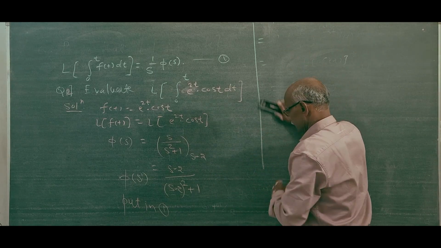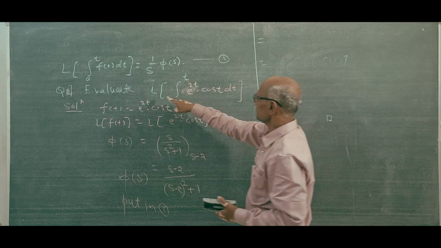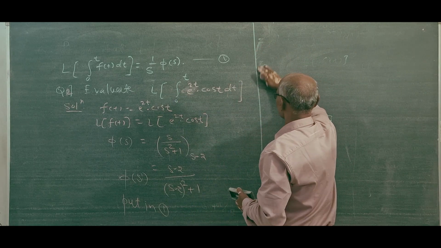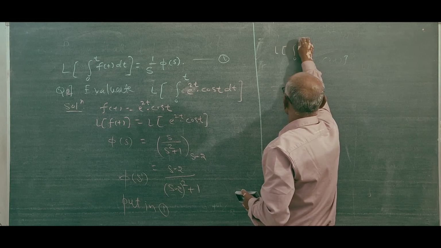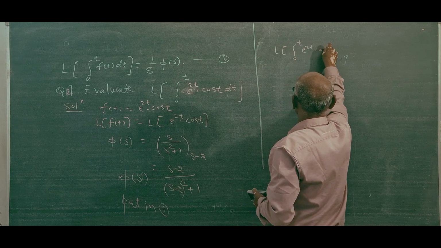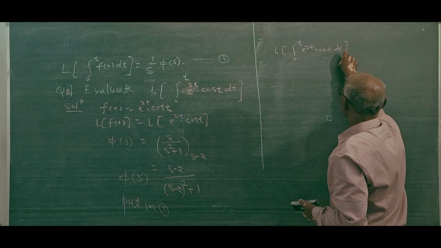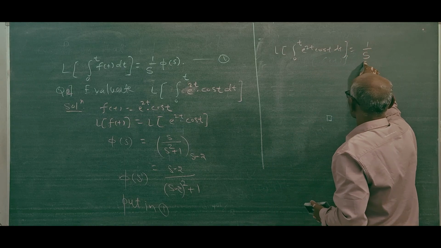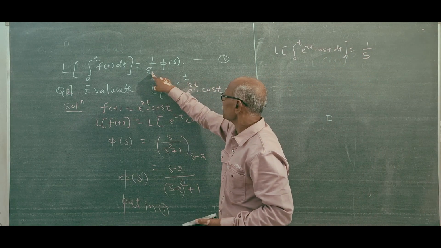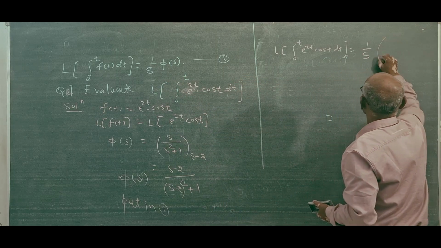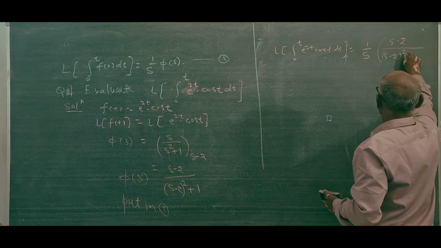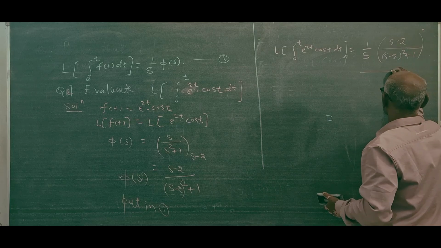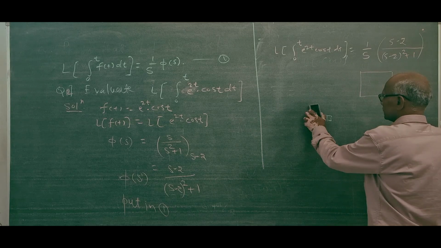So what is the final answer? The final answer is Laplace of integration 0 to t, e raised to 2t into cos of t dt, is equal to 1 by s. That I want to say is compulsory, and phi s you have to put inside a bracket: s minus 2 divided by s minus 2 whole square plus 1, full stop. This is the solution to